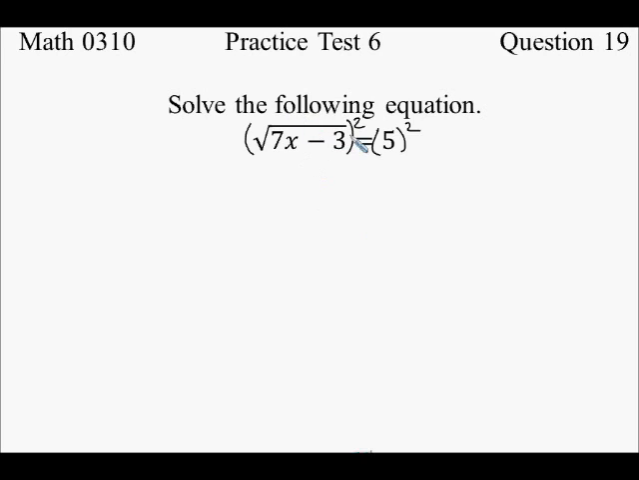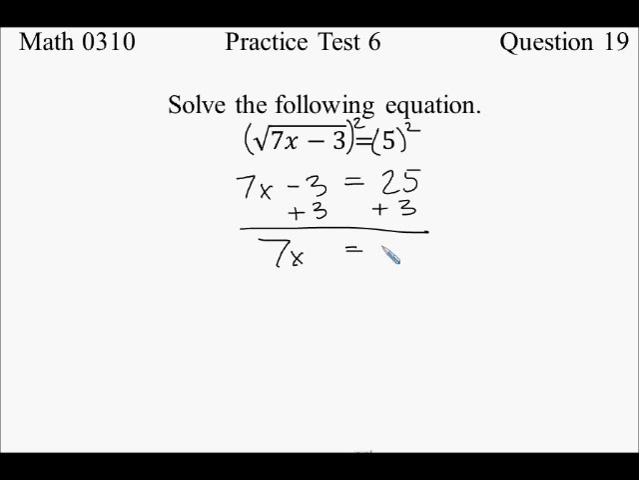Okay, so now we look at the square root and the square canceling, just leaving us 7x minus 3 equals 5 squared, or 5 times 5, which is 25. And now this just becomes a linear equation that we can just solve easily for x. So first we get the x term by itself, so we'll add 3 to both sides, and that gives us 7x equals 25 plus 3 is 28. Now we just divide by our 7, so we can just have x,